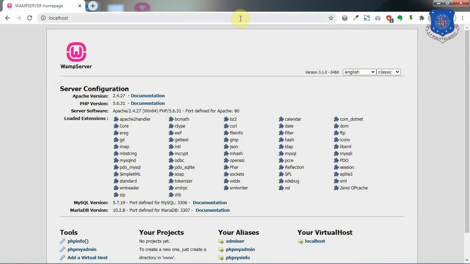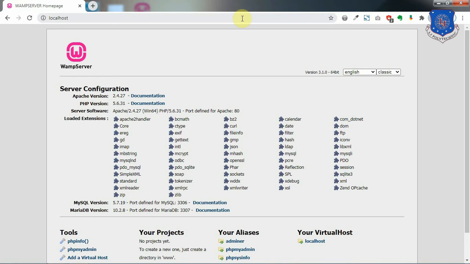By default, all the server applications run on port number 80. But if you already have any other server application on port number 80, then Apache server application will not be able to run from the same port. So in this case, you have to change the port number.